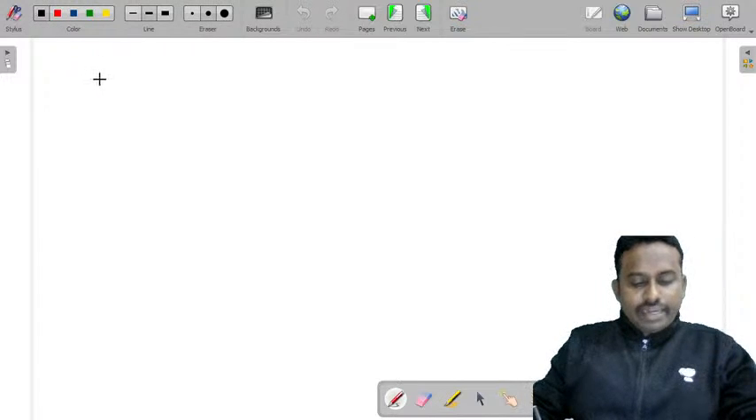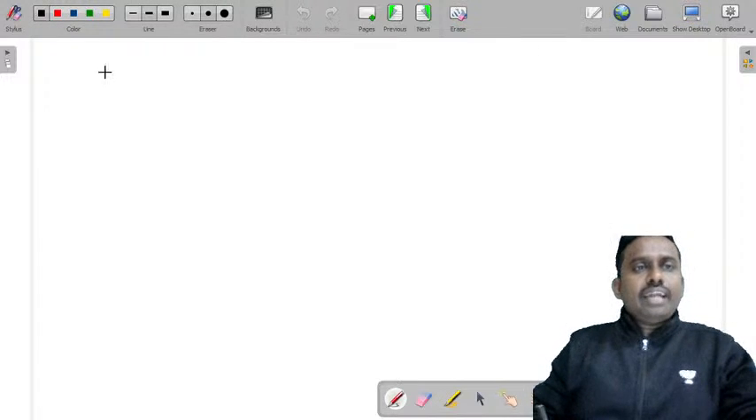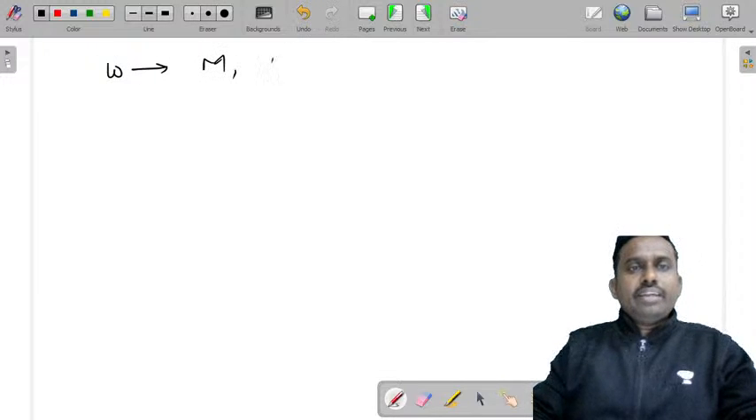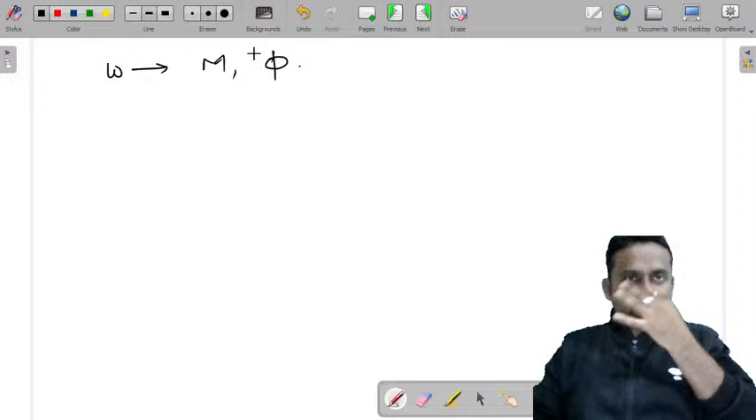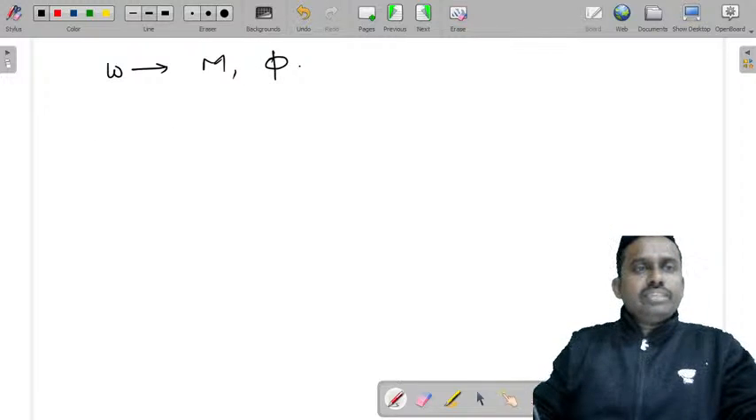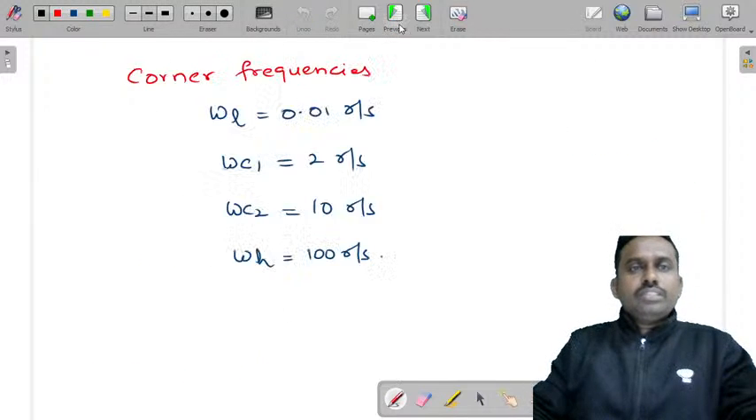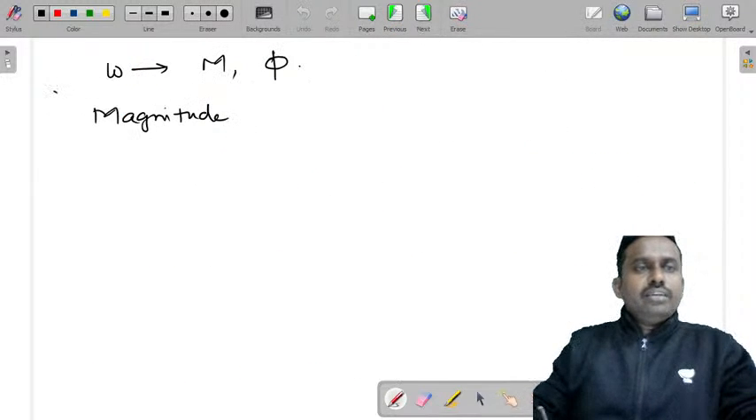in order to draw the magnitude plot, our task is to do something like this. For various values of omega, find the magnitude and phase angle. So for that you need magnitude. So this is the fourth step. So let's consider the fourth step,